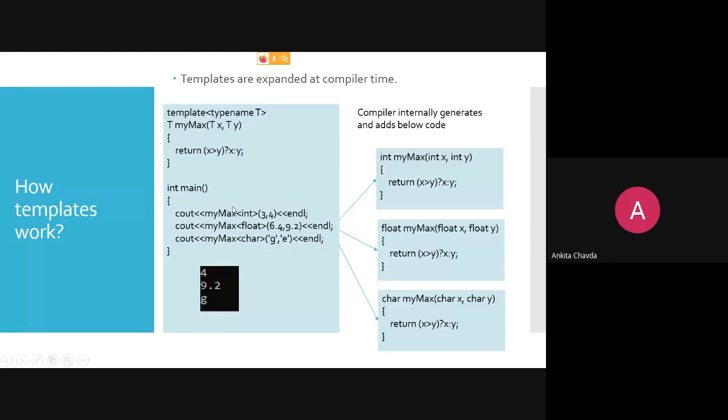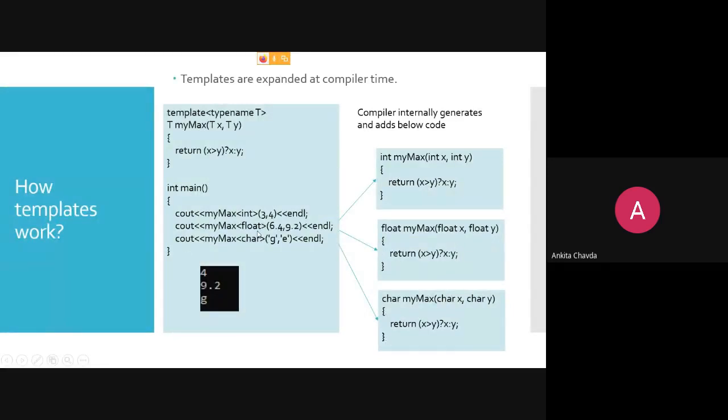So if from int main I am calling the function myMax, this is my function myMax, and I'm giving 3 and 4, but at runtime only I'm saying that this is integer. So in this angle bracket, if I'm giving int, this T will be treated as an integer, right? So here the return type would be integer, your data type would be integer, everything will be as an integer. So the compiler internally generates and adds such code for each and every line, right?